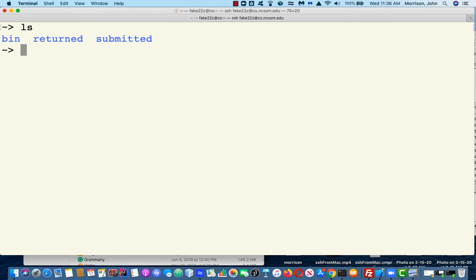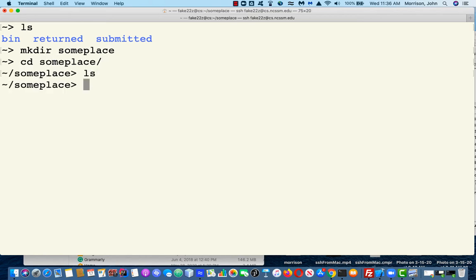So to show you how that works, let's go ahead and make a directory called someplace, and let's cd into someplace. All right. Now, I'm going to introduce you to a new Unix command, cat. Cat shows the contents of a file, puts them to the screen. So let's go ahead and do this. Cat